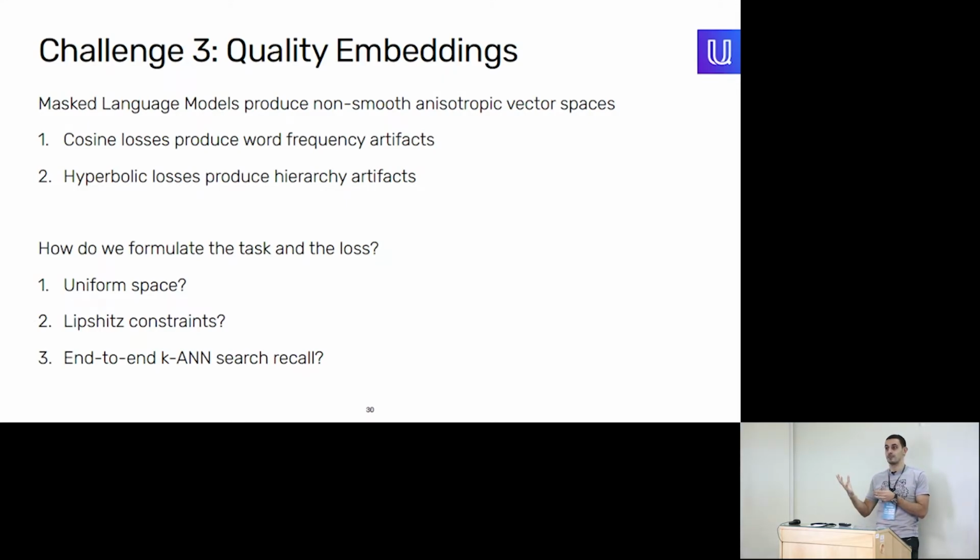And with the hyperbolic spaces, yes, you will encode some of the hierarchical dependencies between the words, such as, let's say, an animal and a human. So let's say one is a kind of another. But yes, we've learned some things about those vector spaces and their properties, but there are issues to be solved. One of them is, let's say, building the space uniform so that a semantic search engine down the road, it can be hierarchical navigable small world, it can be locality sensitive hashing, it can be KD trees or anything like that, for it to work properly, you need to add uniformity into the space.